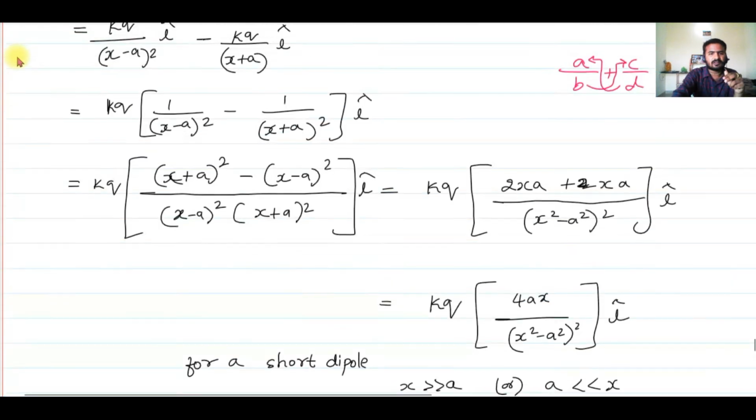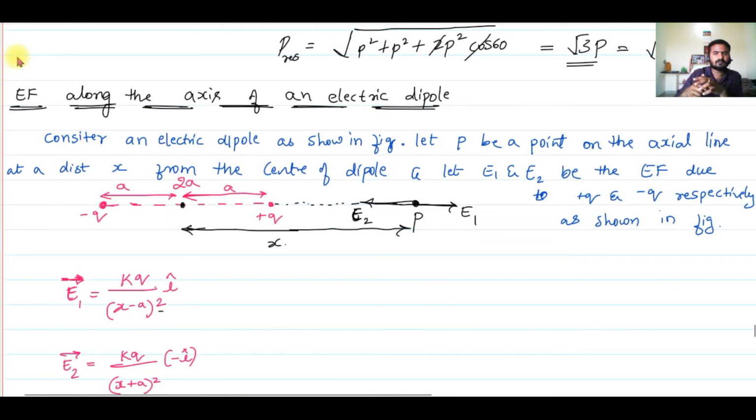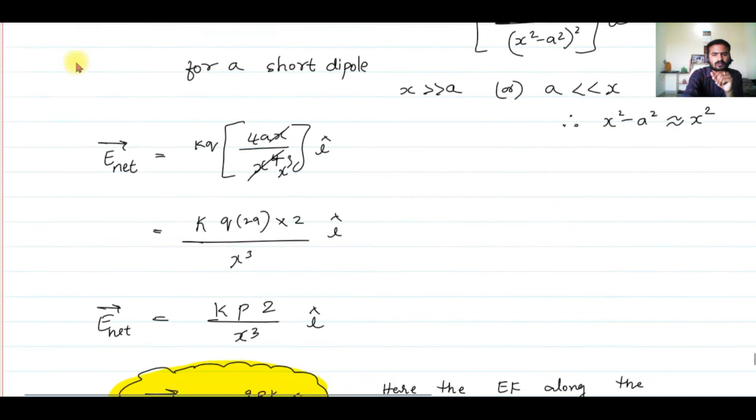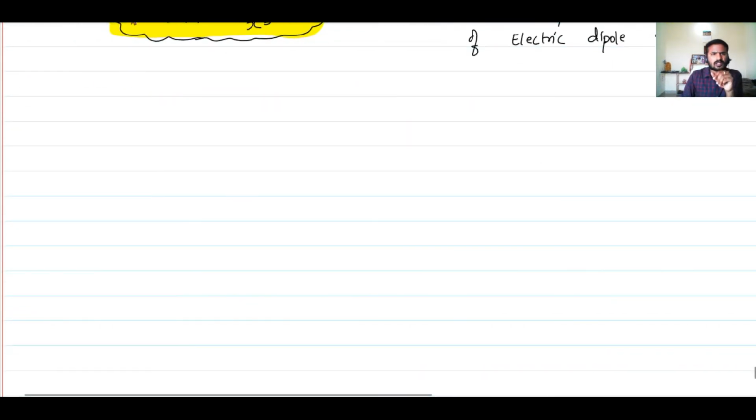This is also a very important derivation. Just like the previous one, this is a 5 marks derivation. Please make a note of this. Very important: a 5 marks derivation if you are in a board exam. The derivation which we are going to do now is also a 5 marks derivation.